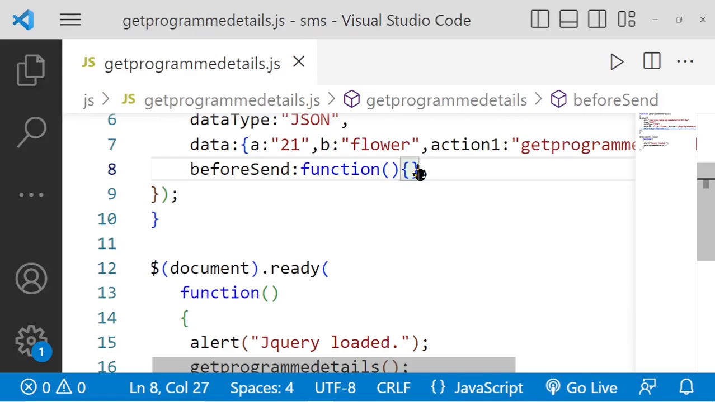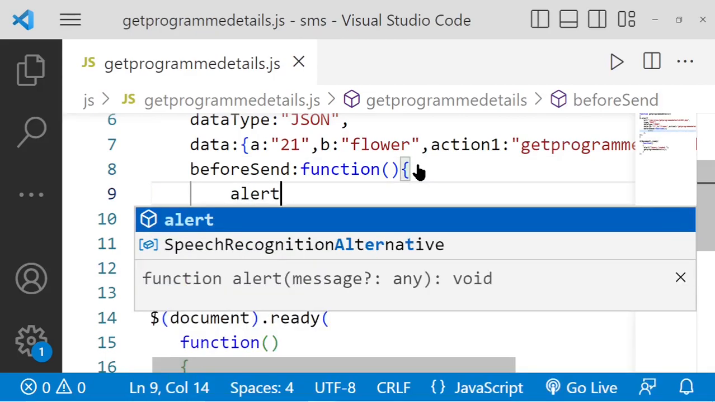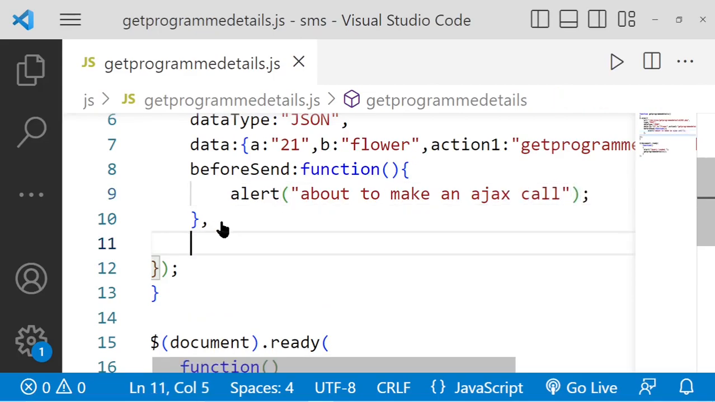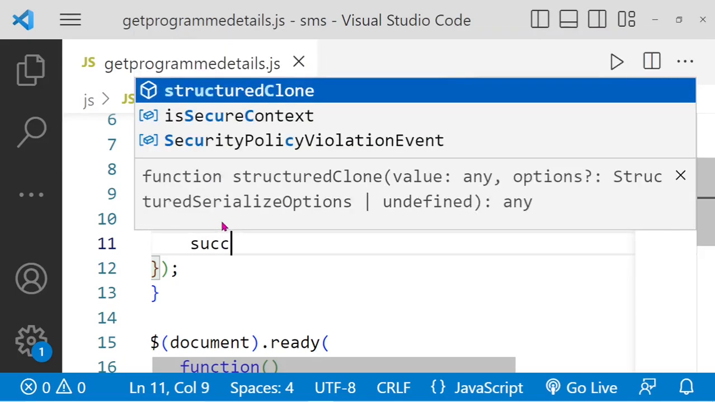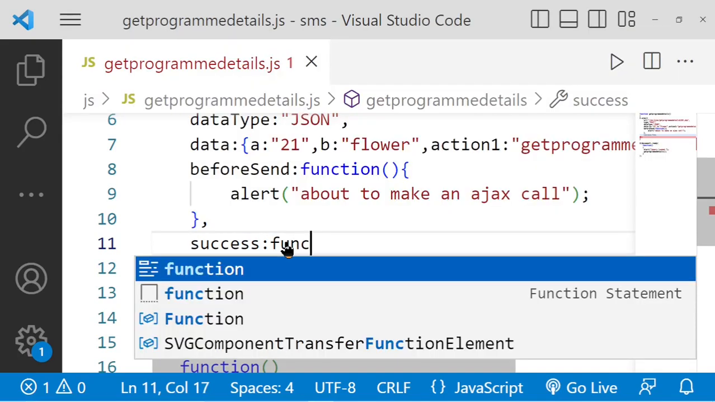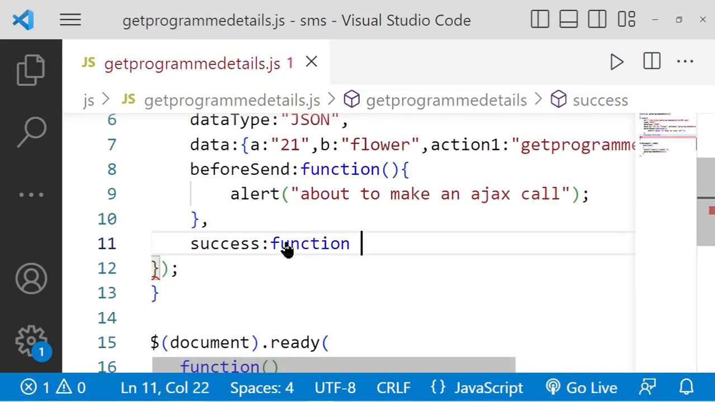What do we want to do inside this function? So for the time being, let's just display an alert message saying that we are about to make an AJAX call. That's all. The other key value pair that you have to specify, which is mandatory, is this success key. Against this success key, again you have to specify a function, and that function is